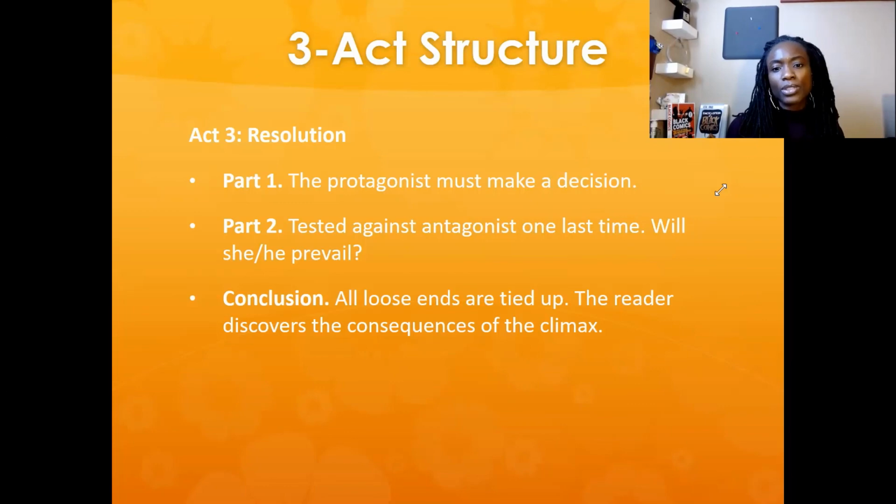Sometimes you're not always going to be able to tie up all of the loose ends, right? Some things might be left to the reader's imagination, but we want to have a nice, strong conclusion, and we want the story to have a point, right? We want to feel like we watched this for a point, and we watched or read this for a point, and there